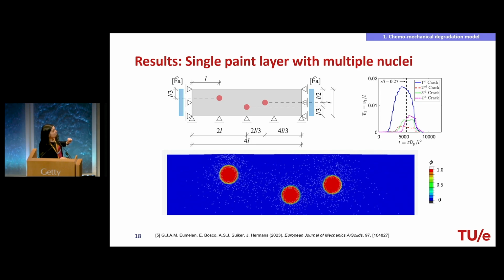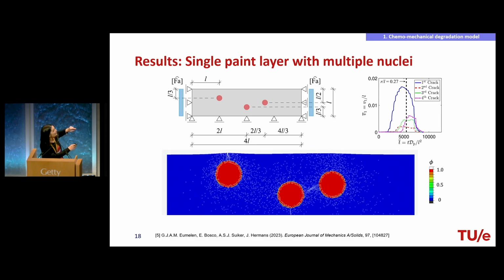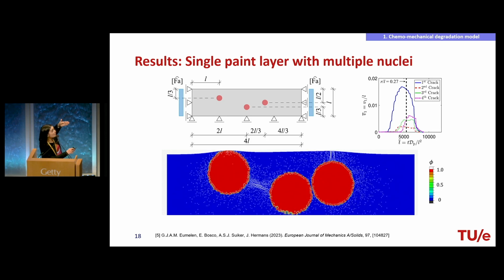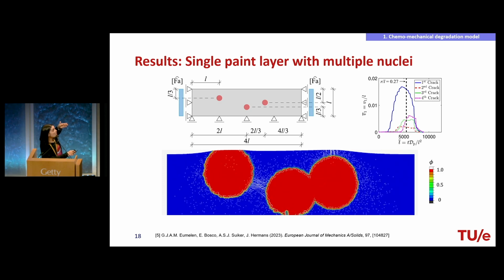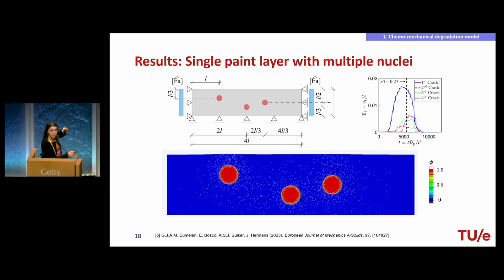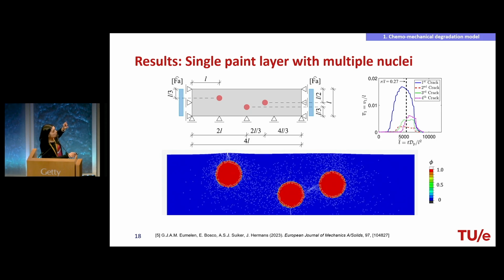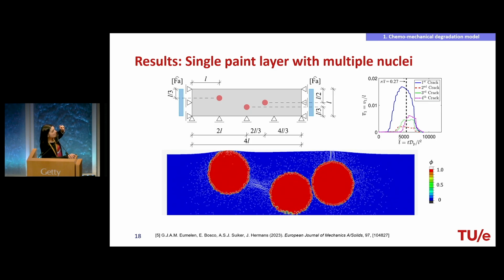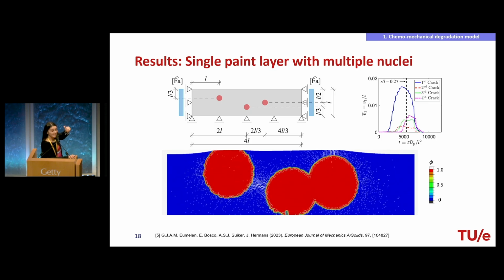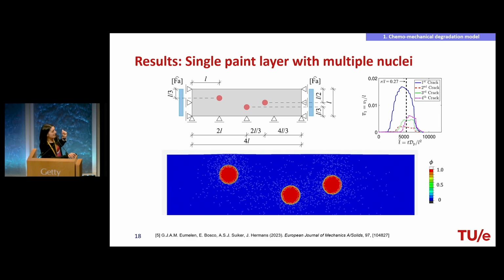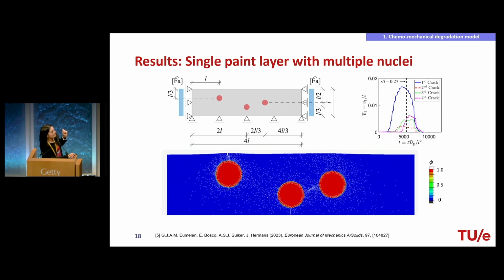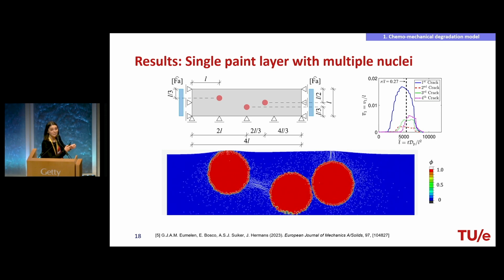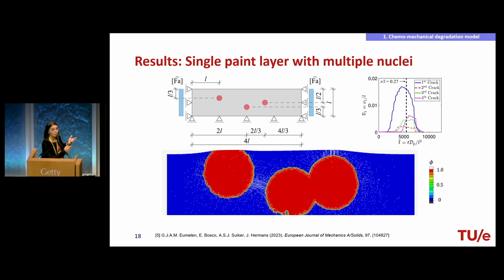So, let me show a simulation. Before looking at the movie, look at this. This is what we are simulating: a two-dimensional representation of a cross-section of a paint layer in which we have initial nuclei that are prescribed. As I mentioned, this was an assumption of our model. The plotted variable is the local concentration of crystalline metal soap. What is fully blue is the original paint material, and the fully red material is the fully crystallized material. At the transition zone between the two phases, there are color gradients that say the material is still partially crystallized, but not fully.